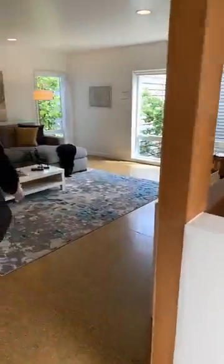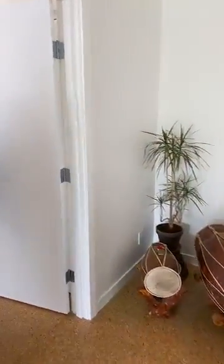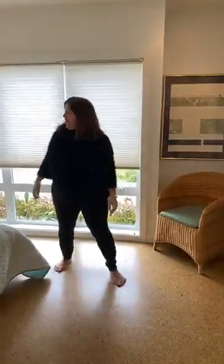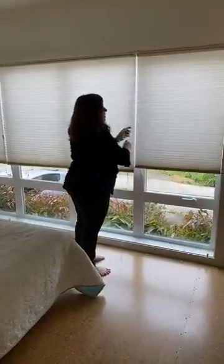Lots of storage in the vanity. Great ceiling height, and our second bedroom is here. So this house has 2 bedrooms and 2 baths. And you can see here, I'll give us a little